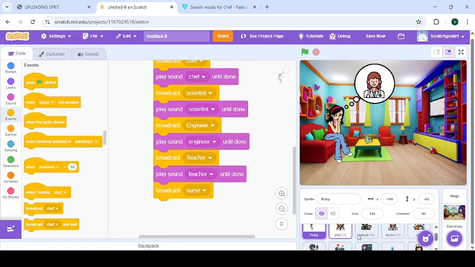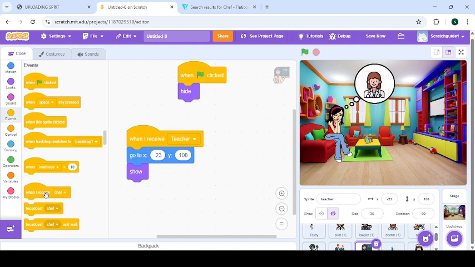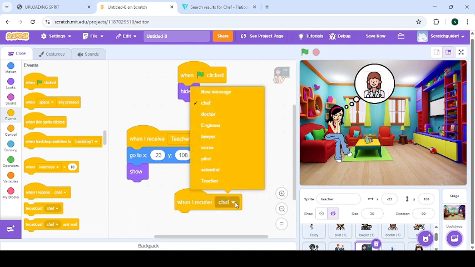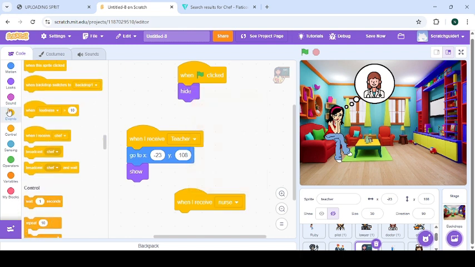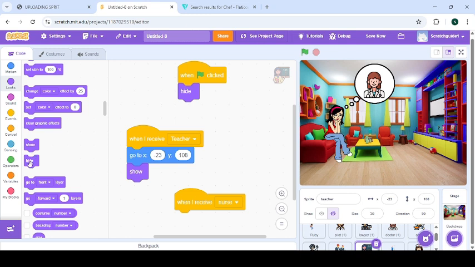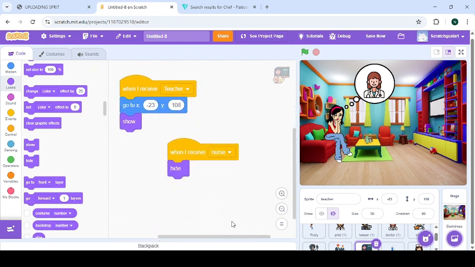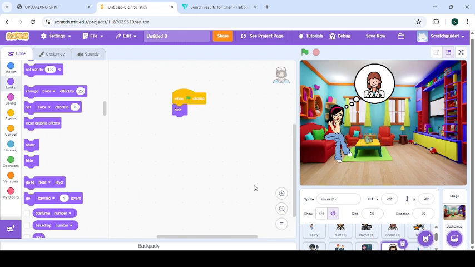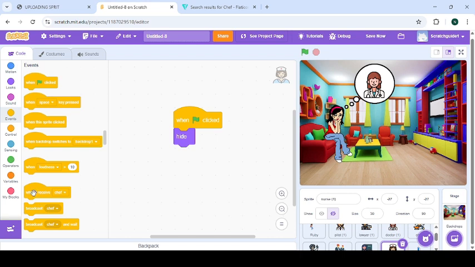Okay. So go to teacher. When I receive nurse, hide. Beautiful. All right, then we go to the nurse. When I receive nurse, I'm going to show. Go to your events. When I receive nurse,